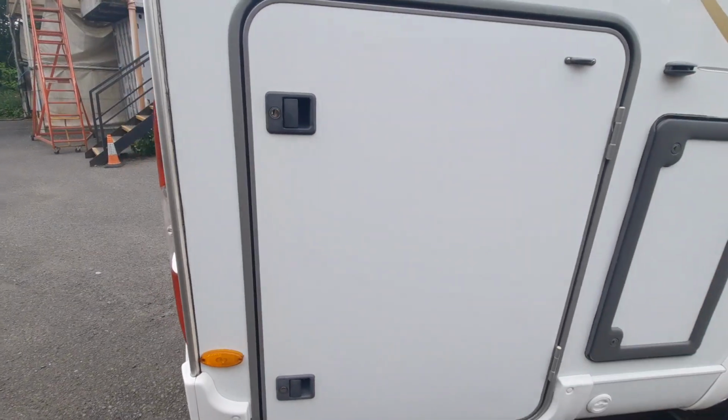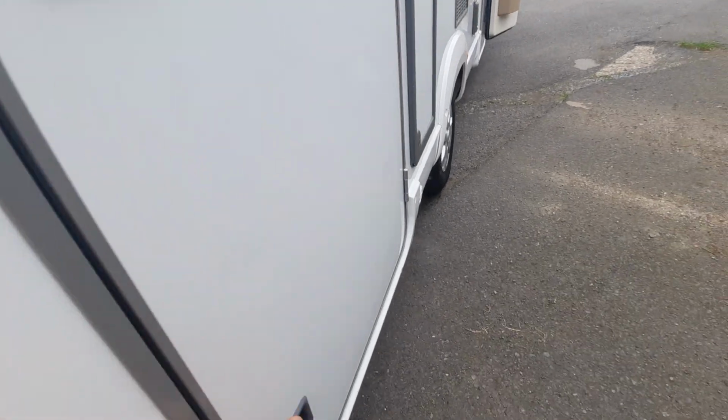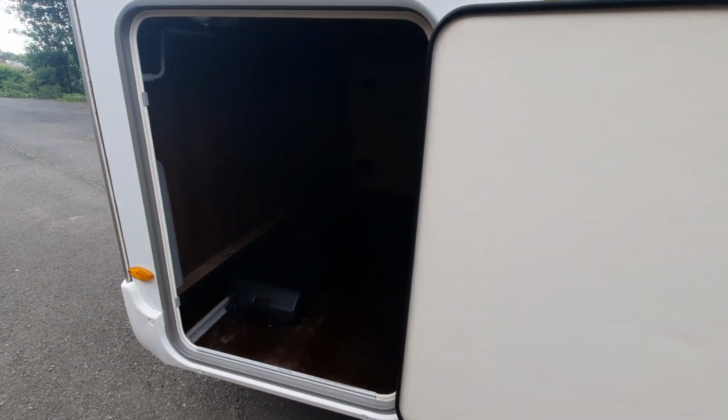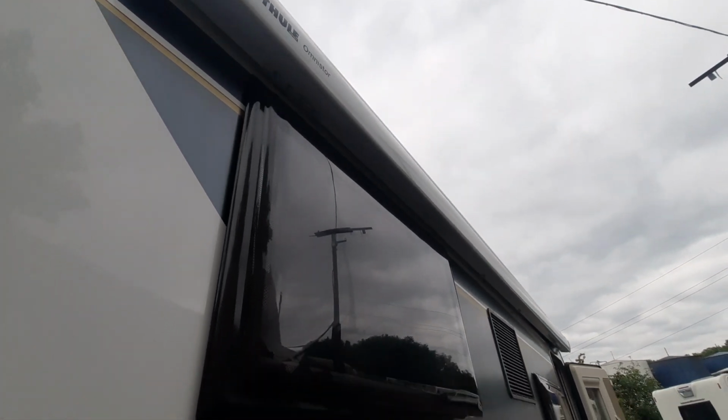Next, at the back, you'll notice that you've got your garage locker. All you need to do is simply unlock these. As you can see, that gains you access to the garage. Located in the garage is the awning pole, which will connect onto your awning with a little T, and then you can wind it out. In the back here, you've got your jack,